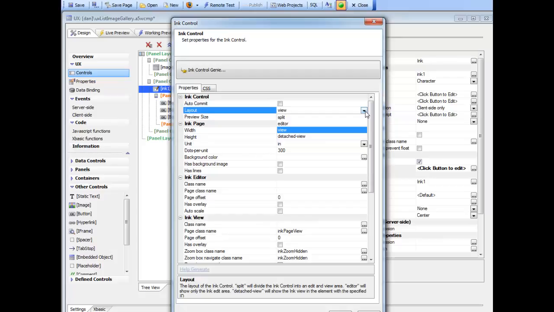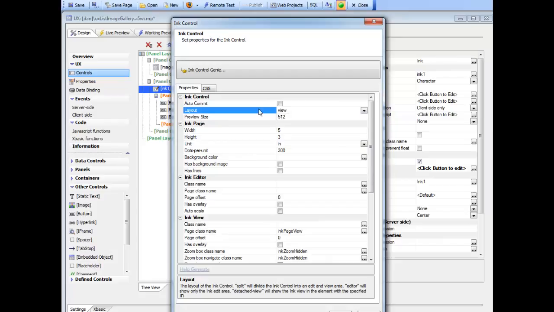the ink. And the view part allows you to select the portion of the image, or the portion of the page, that you want to be drawing ink on. In this case, we don't actually even want to do any drawing. We don't want to draw any ink, and so we don't care about the editor portion at all. The only part we care about is the view part, and so we're going to set the layout here to